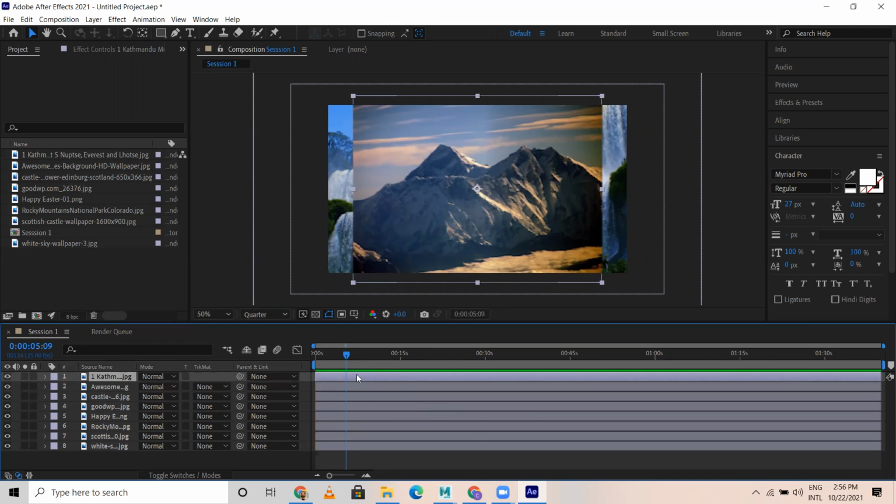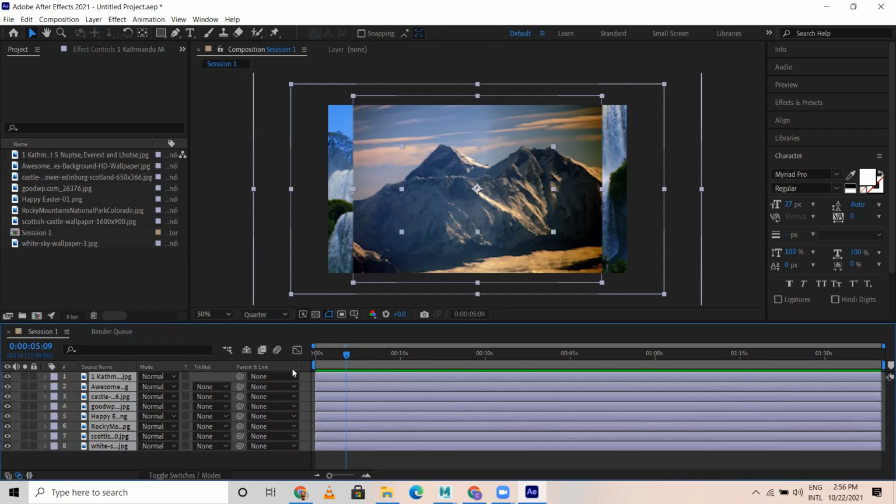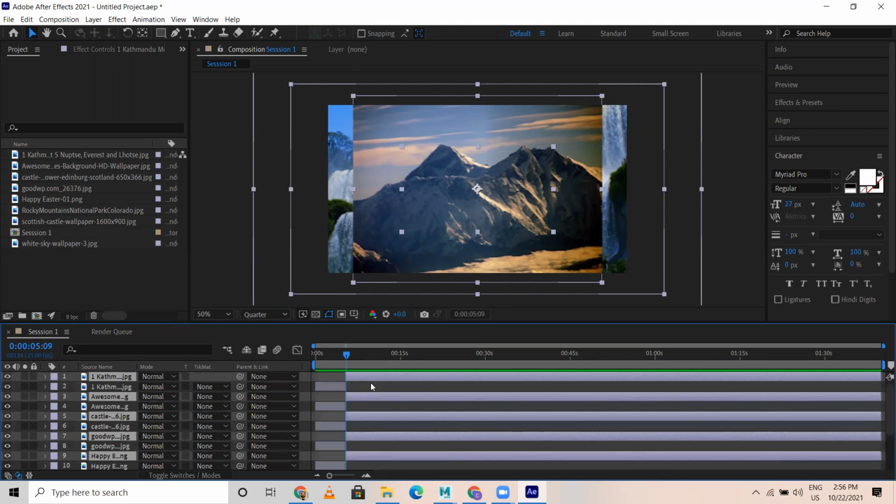I can cut this. I select all of this. Control Shift D is to split the footage into two.